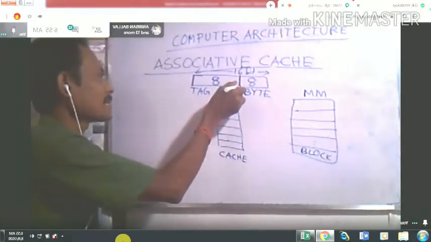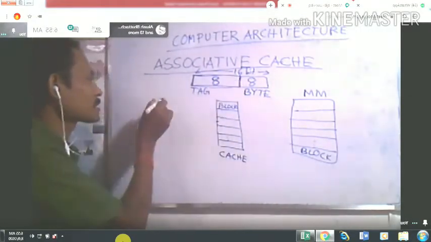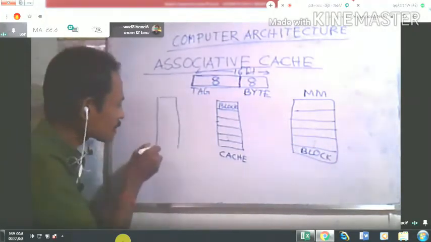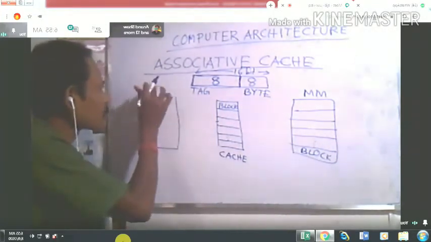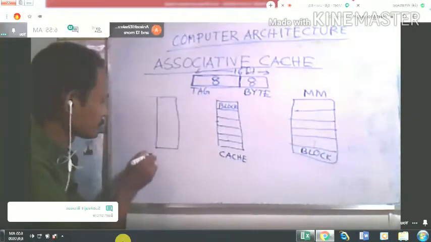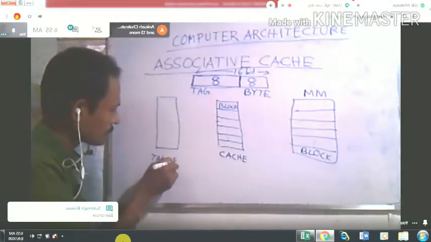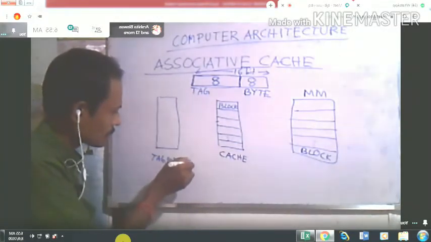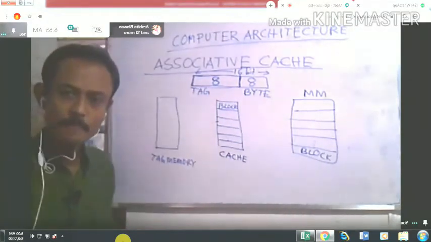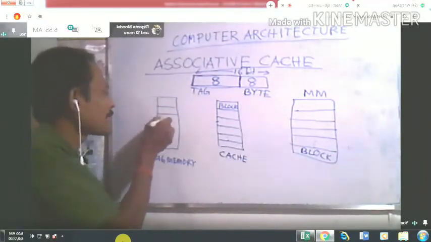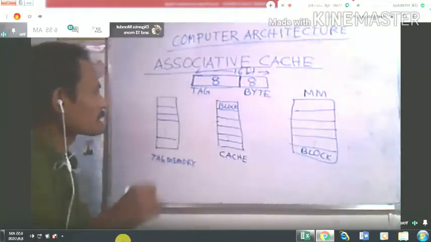Now this tag address will be stored in a separate memory, that is called the tag memory. Clear? So there will be the tag fields, there will be a tag memory.